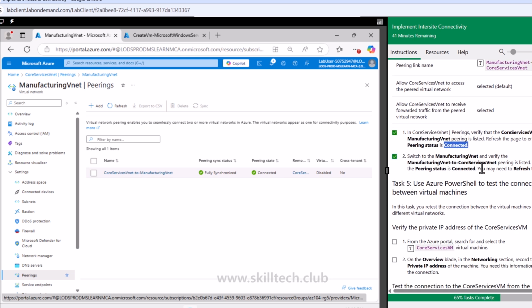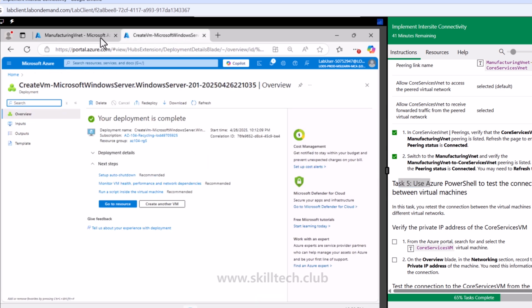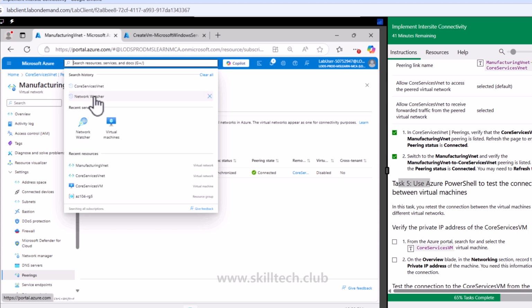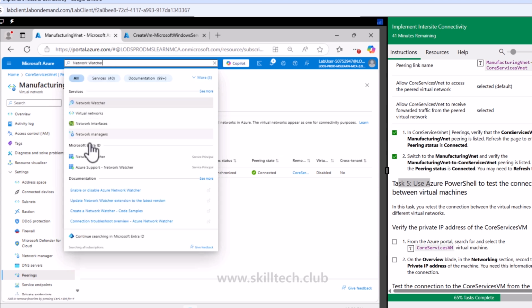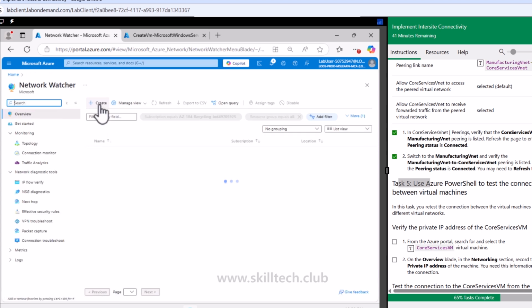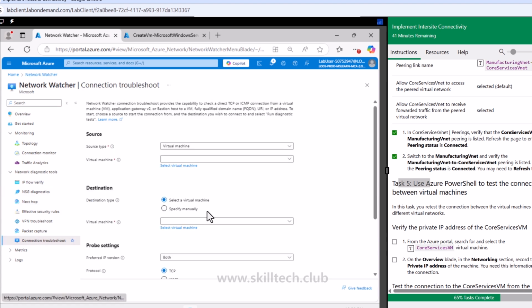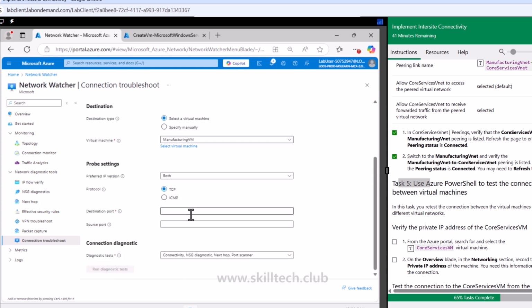Now because these two are connected, if I want to test the connection, there are multiple ways to do that. I can maybe go to task number 5 and try the test connection with PowerShell, or I can go back to my network watcher again. This time if I go to network watcher, and try the connection troubleshoot option once again, from my core service VM to my manufacturing VM, this time it should work. Logically it should work. Destination port number, I'm giving 3389, the RDP port,